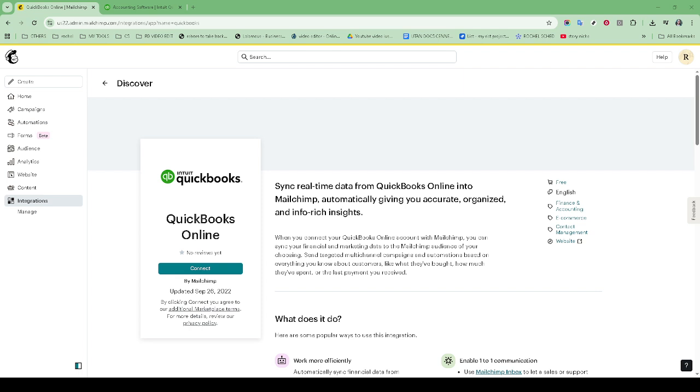Mailchimp's interface is intuitive, offering a plethora of templates and design tools to craft eye-catching emails. Target these campaigns based on the transaction history imported from QuickBooks. For instance, if a customer frequently purchases a certain category of products, you can tailor emails featuring related items or exclusive deals, thus